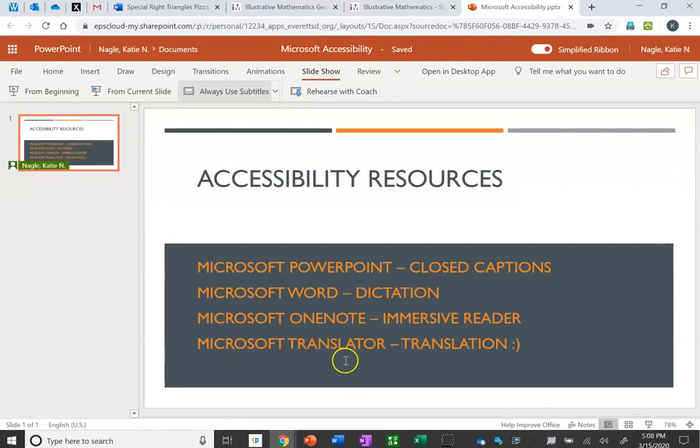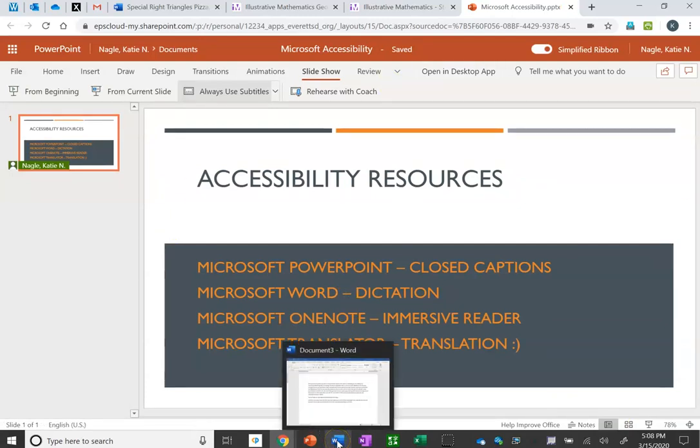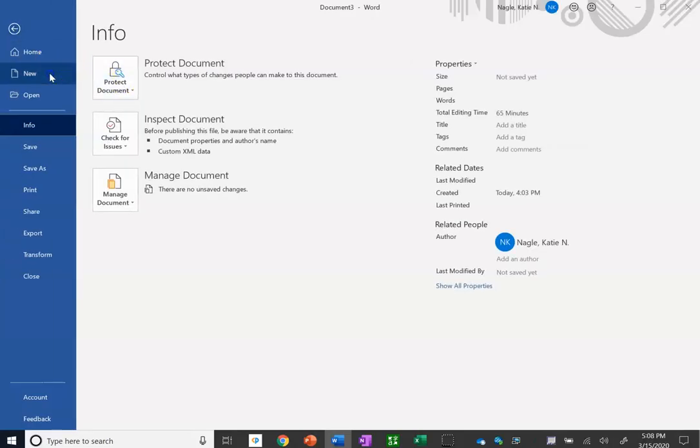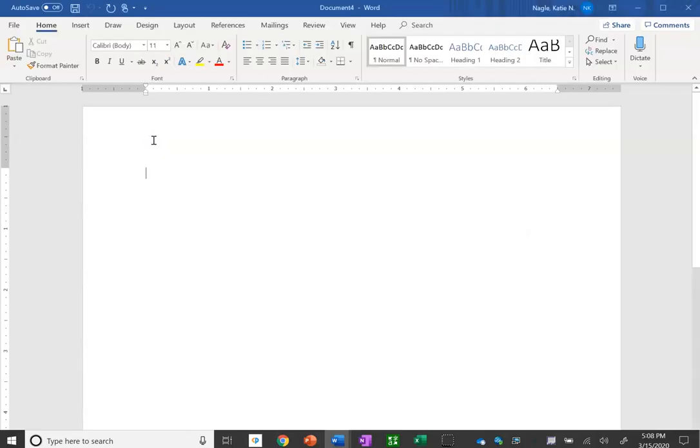I'm going to swap over now to Microsoft Word and show you the dictation. So I'm just going to go here and I'm going to go ahead and just create a new document. And let's say you have a student that really struggles with writing. You might just choose this dictation option to have them get some words on the paper. So if you see up here in the top right hand corner, I'm going to click this button that says